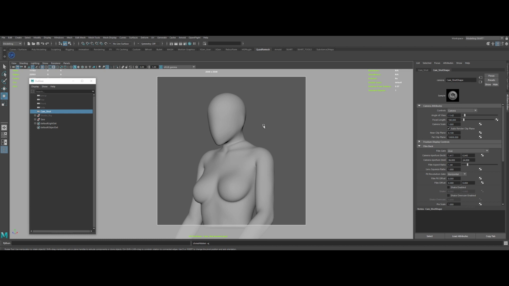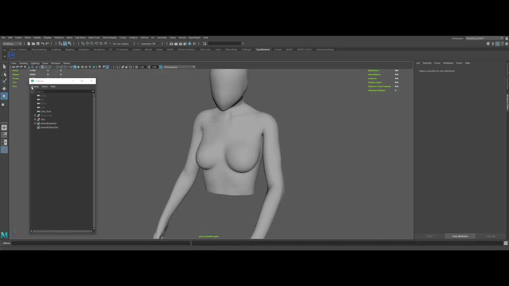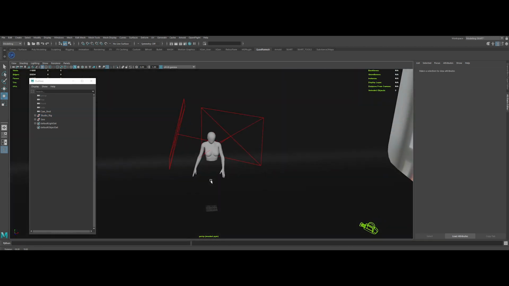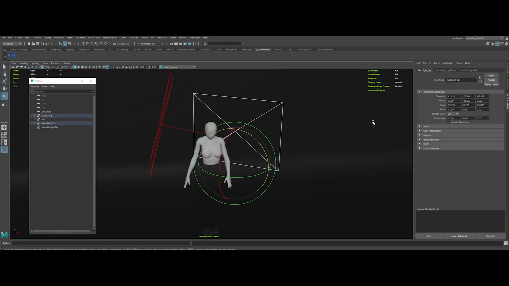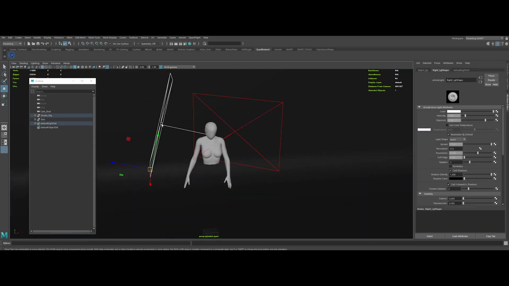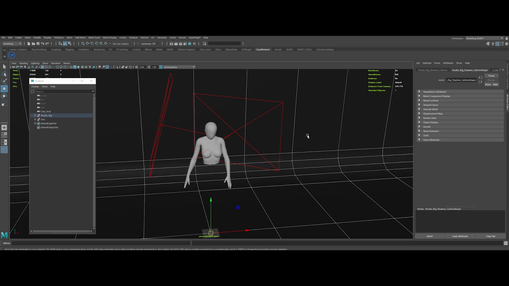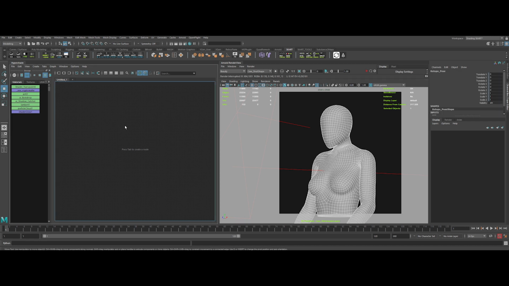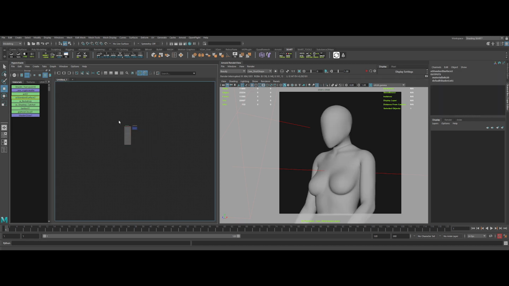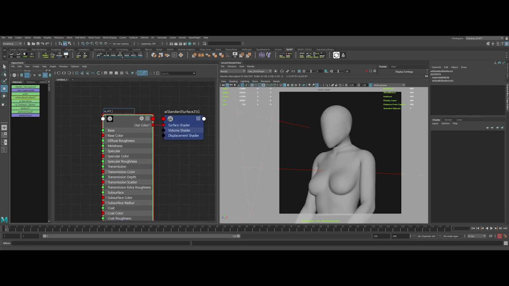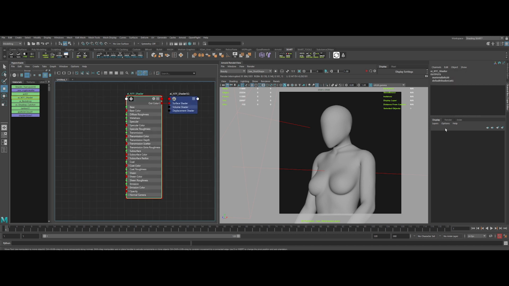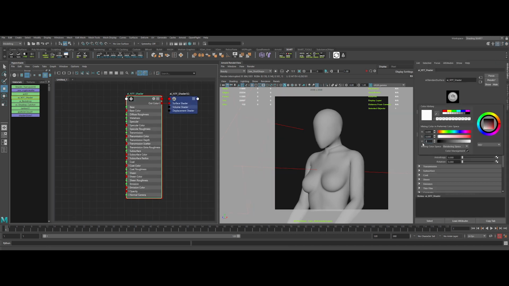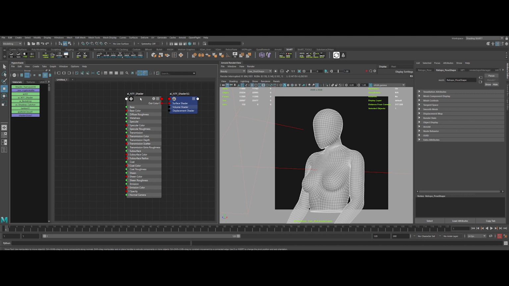Here's the camera settings. For the look dev, I've imported my standard look dev scene, an HDRI and two lights, a rim light and a fill light, and of course the backdrop. Okay, now let's begin together the look development of this artwork. Let's create an AI standard surface, rename it to keep things organized. Let's input in the base color a mid-gray value and set up the roughness to 0.45. Now we can apply the shader to the model.